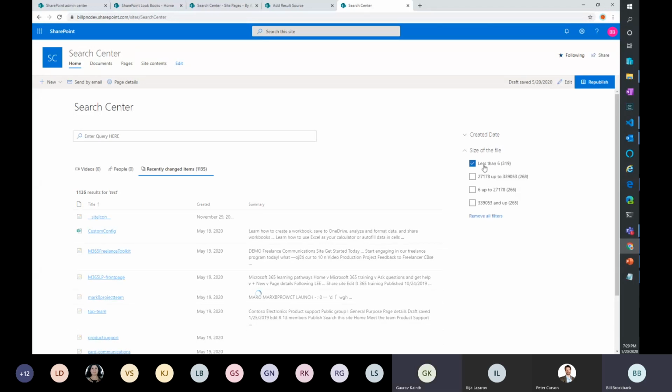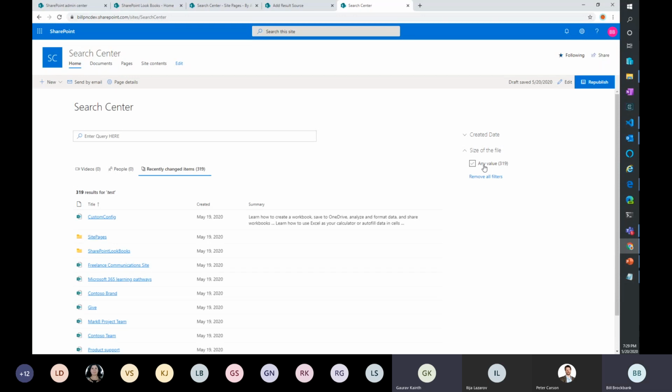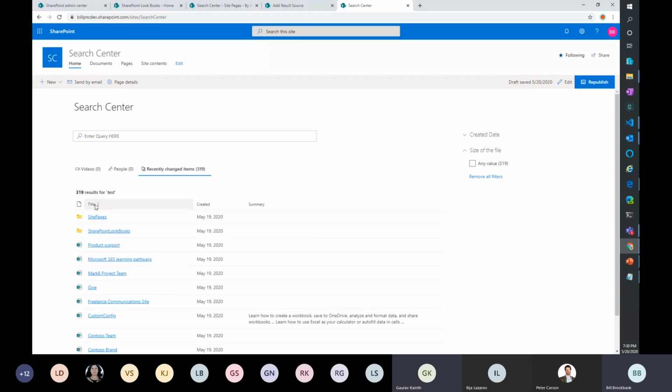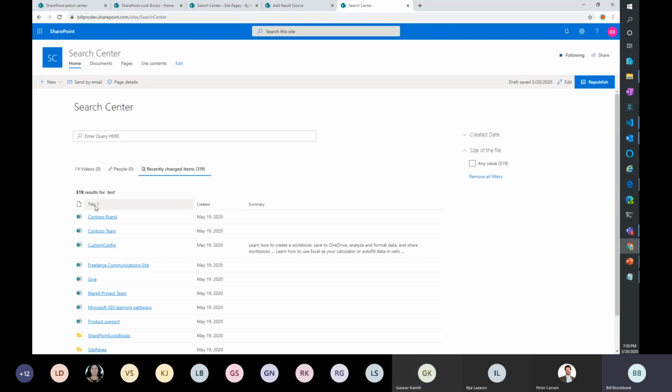Does the column heading have a filter or something? No, there's no filtering on the columns. You'd only have sort. You'd have to have a refinable field in there for that to work, and they didn't. So basically, you'd do it through a refiner. But you can see I can change the sort order here. So I have that capability in the way it works. And that's just out of the box, not doing anything custom.